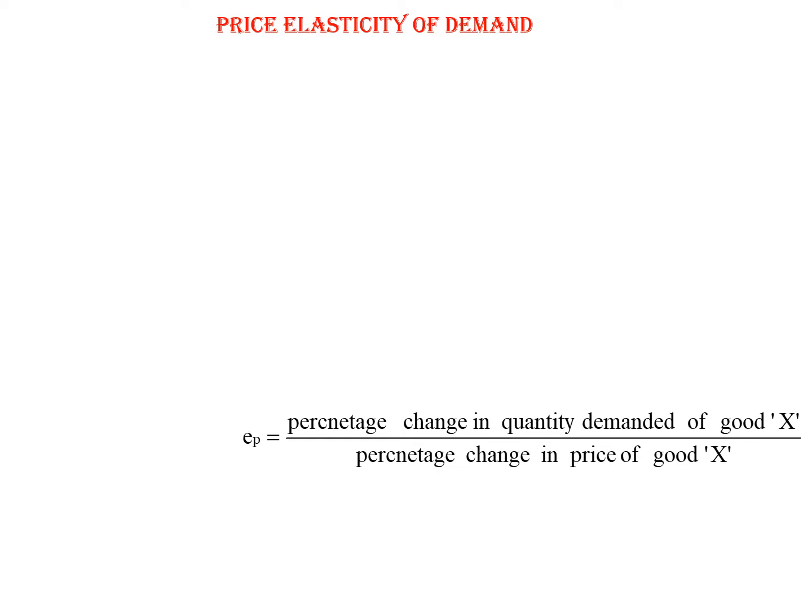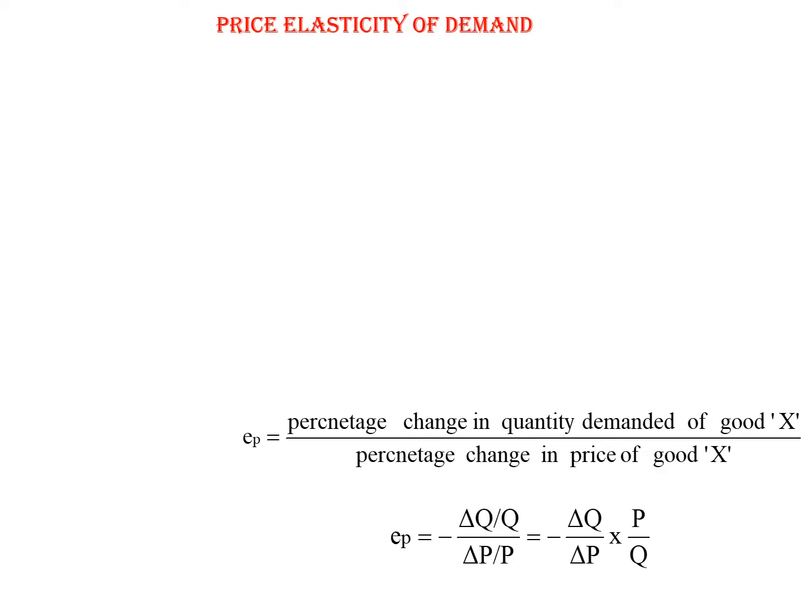Elasticity, as it is unitless, helps to take different types of decisions in the demand and price relationship. As per the formula, it is the percentage change in quantity demanded of a good divided by the percentage change in price. From the formula point of view it is very simple, but the question arises: we are students of agri business management, so we are more concerned about the decision making process